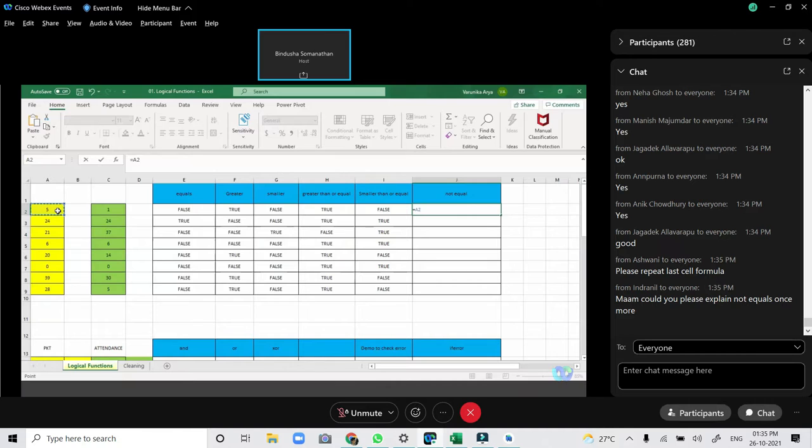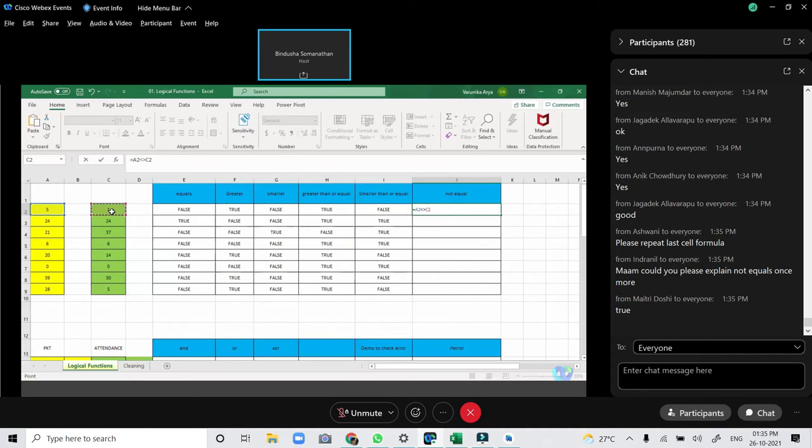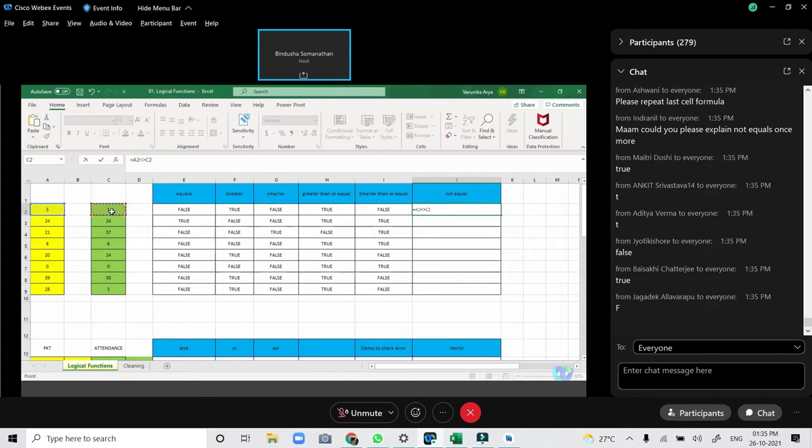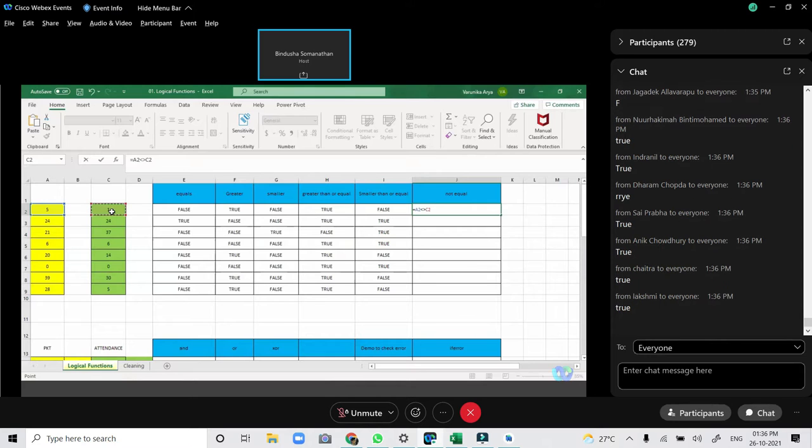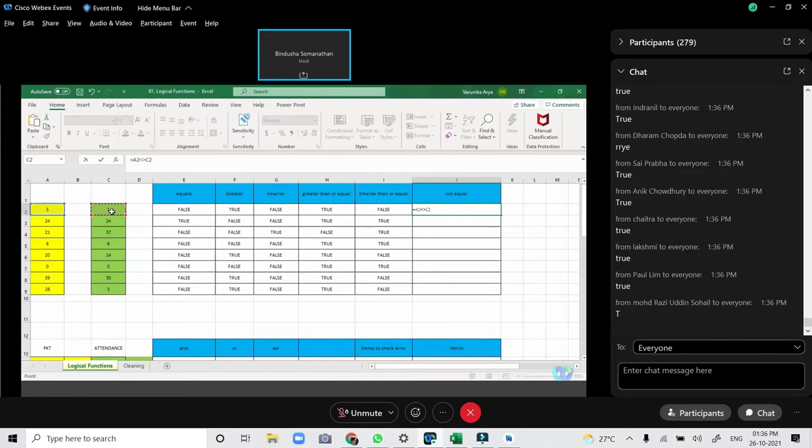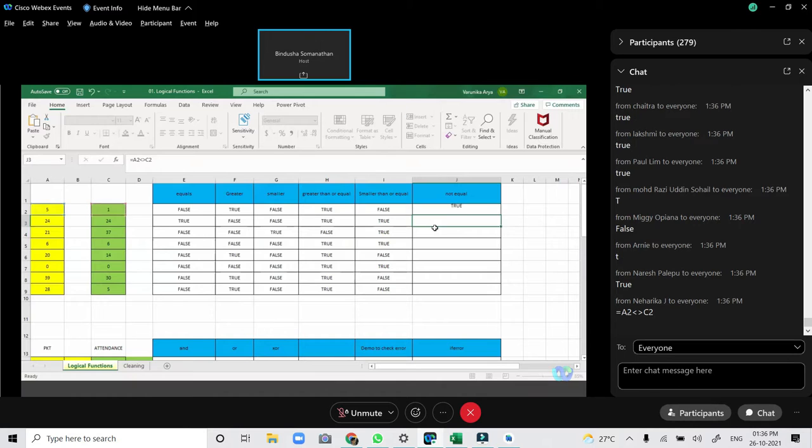A2, less than sign, greater than sign. This is the sign for not equal to. And I'm comparing it with C2. So what should be the return here, guys? Should it be true or false? Write it in the chat group. True, false, says Jyoti and Vaisakhi. Okay, now it will return true.